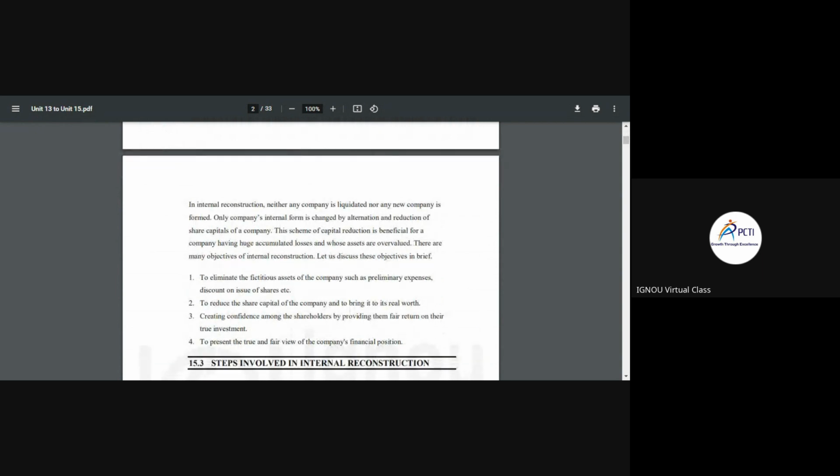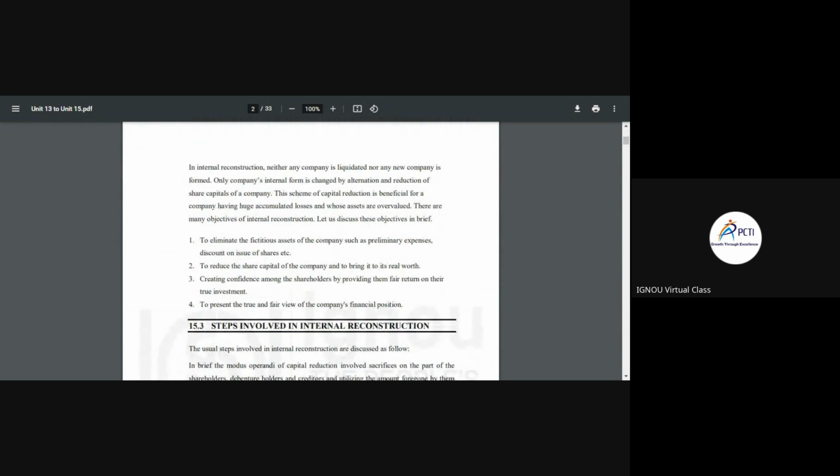In internal reconstruction, neither is any company liquidated nor is any new company formed. Only the company's internal form is changed by alteration or reduction of share capital. This scheme of capital reduction is beneficial for a company having huge accumulated losses and whose assets are overvalued. That means the losses are huge and the assets are overvalued